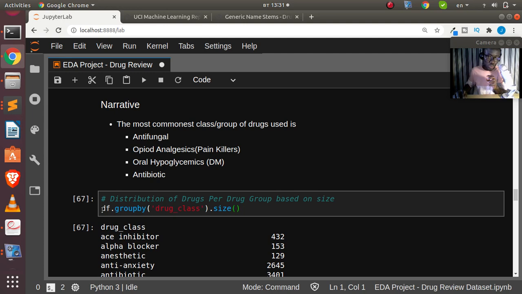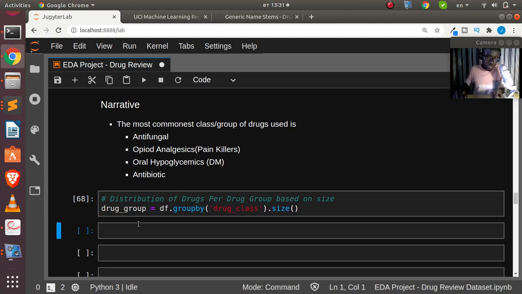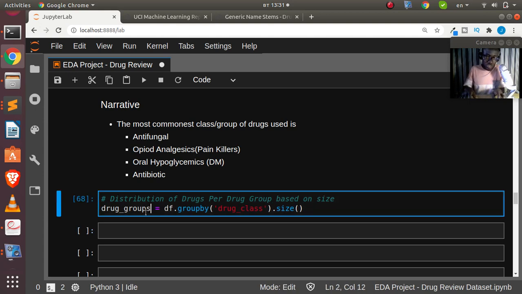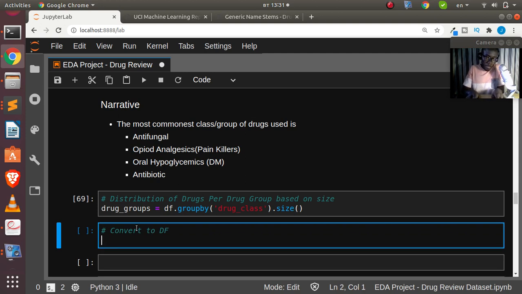So I can actually put this one inside a particular variable. So let's call it my drug groups, right? So this is going to be the drug group, or let's make it drug groups, right? And then from here I can actually convert it to a data frame and then print it out. So let's convert to df. So this is going to be our first method,